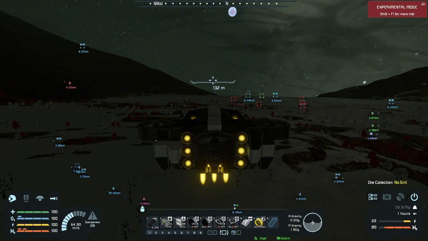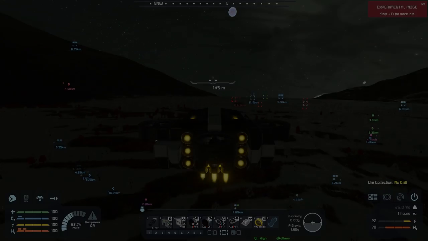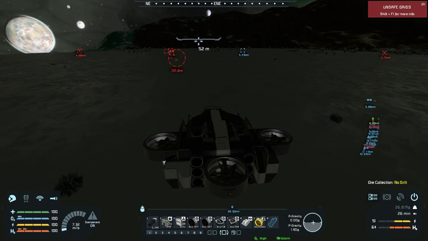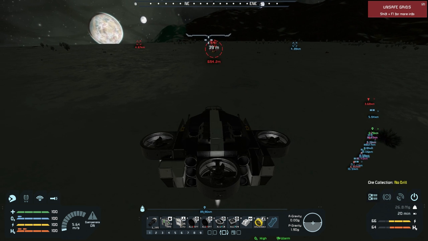Maybe traveling enough here to get a kick on, maybe get a new wreck detector ping. That would be kind of nice. So again, I'm going to use the buildings themselves to cut out the others. Just going to need to get low enough to the ground. I think I can get...